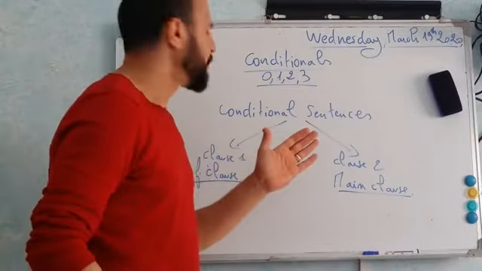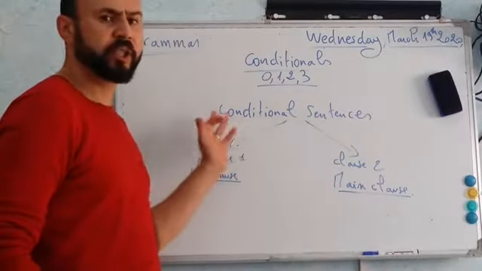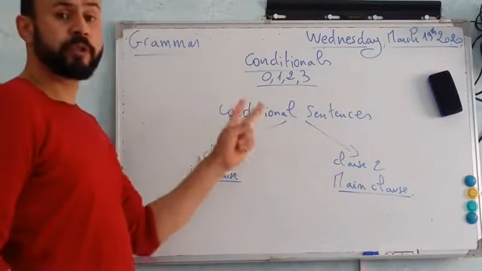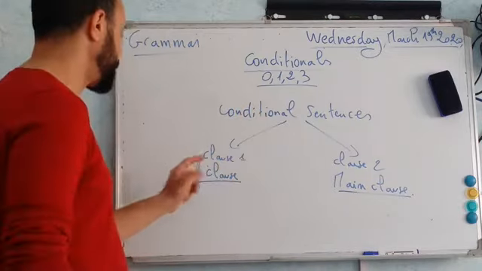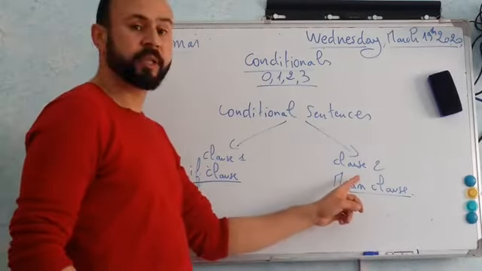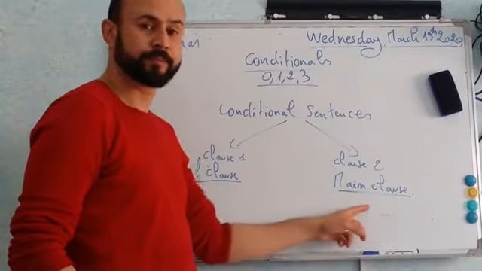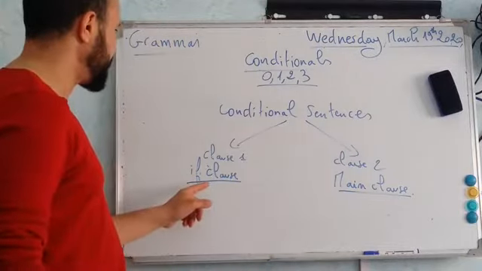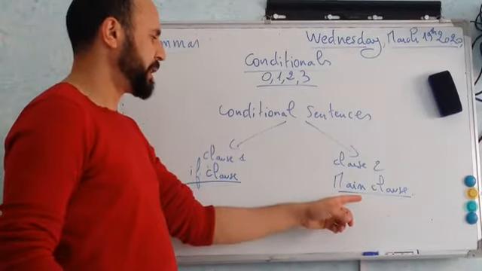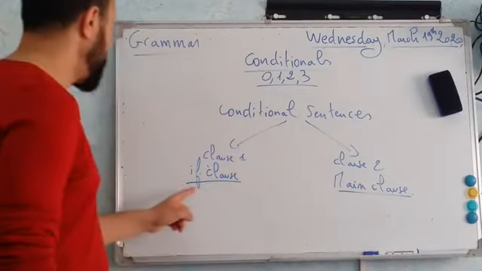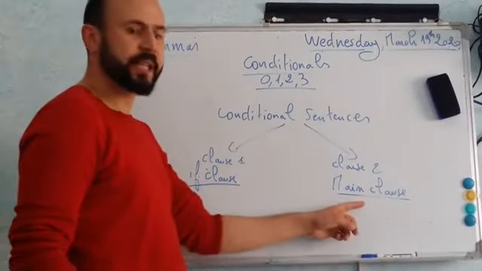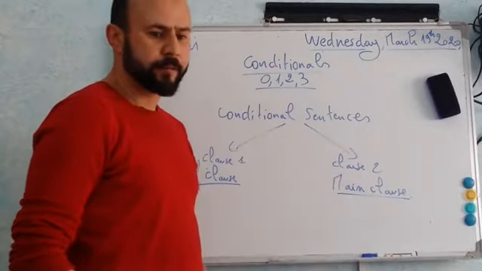So, in general, a conditional sentence, known in Arabic as al-jumal shartiyya, is composed of two elements. The first element is the if clause. The second element is the main clause. The conditional sentence contains the main clause, which normally contains the result. If the condition here is met, then the result happens. For example,